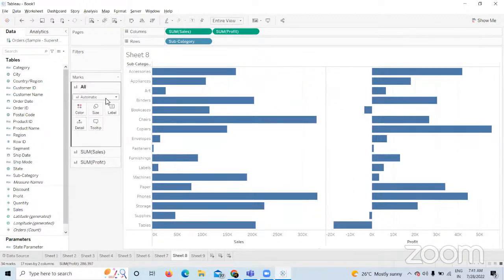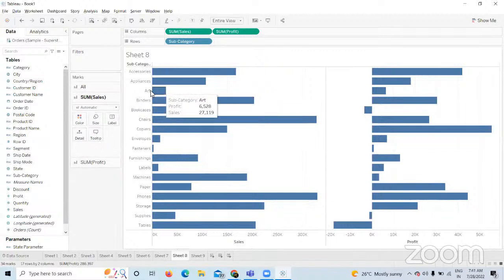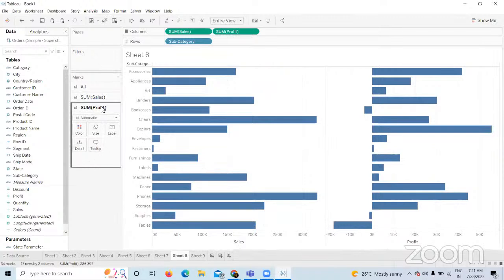When I go to the sum of sales marks card, whatever changes I make here will get applied to this part of the view. And whatever changes I make at the sum of profit marks card will get reflected at this end. But when I go to this All marks card,